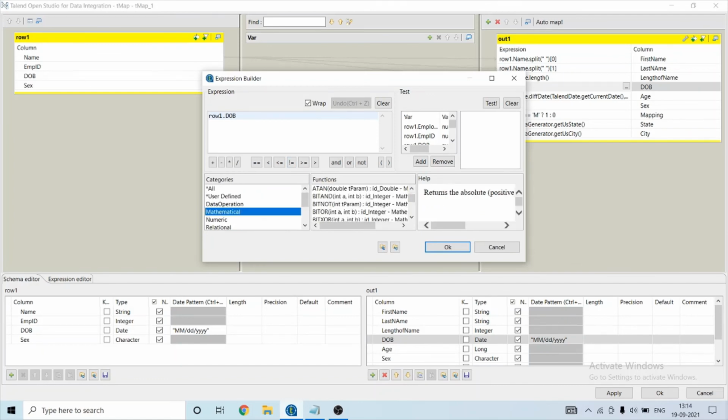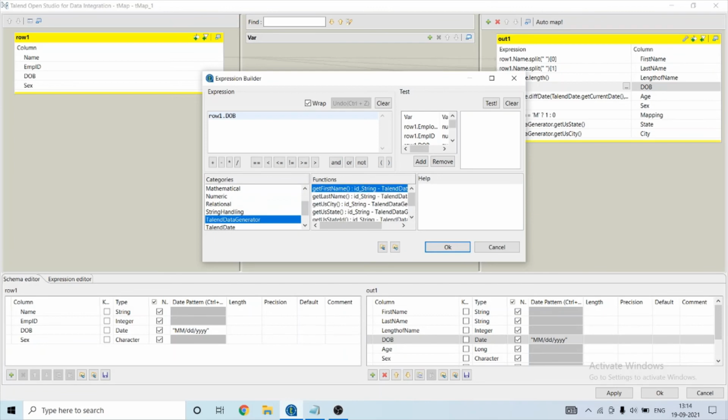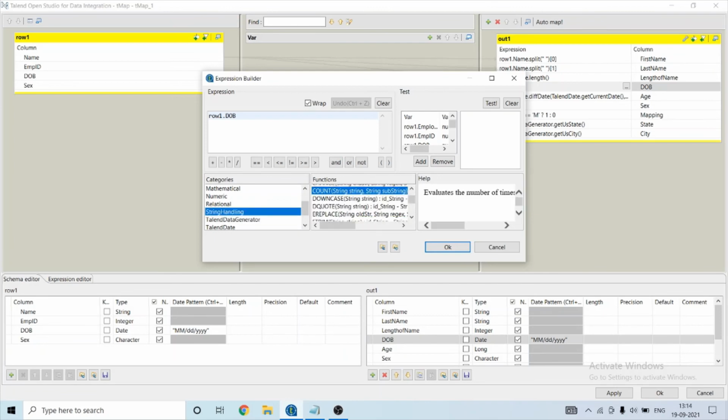You can perform mathematical operations, create random data from values, and perform various string handling operations, such as I will show you.